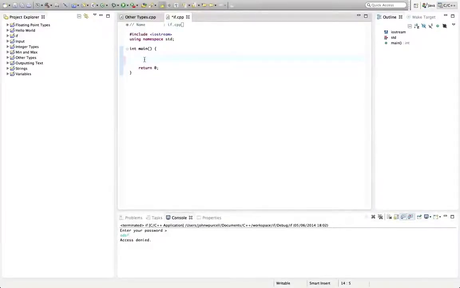First of all, let's declare a string, and let's call this password, and I'm going to set that equal to some password that the user is supposed to enter. Let's just put hello, although of course you should never use that as an actual password in real life. Now I'm going to get some input from the user, and first I want to prompt the user to enter their password. So I'm going to say here cout, and the